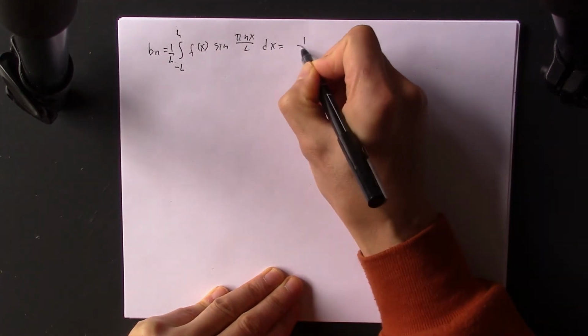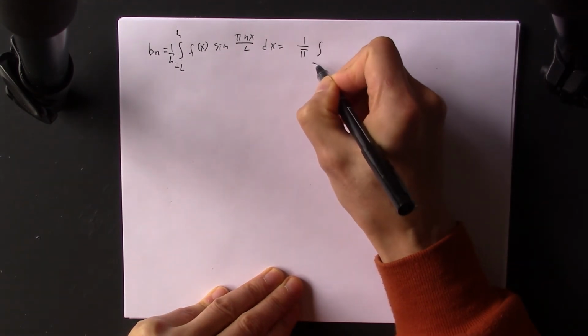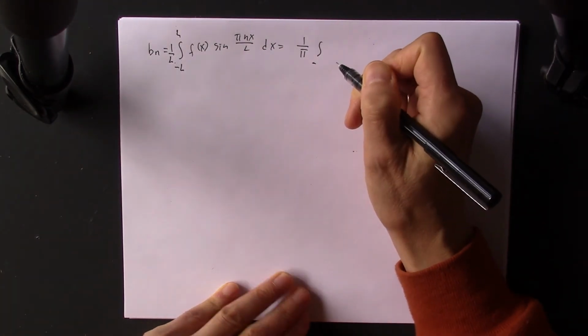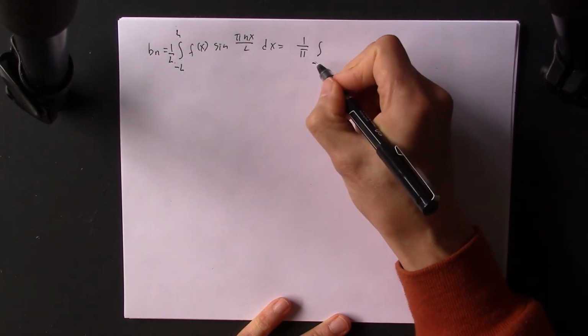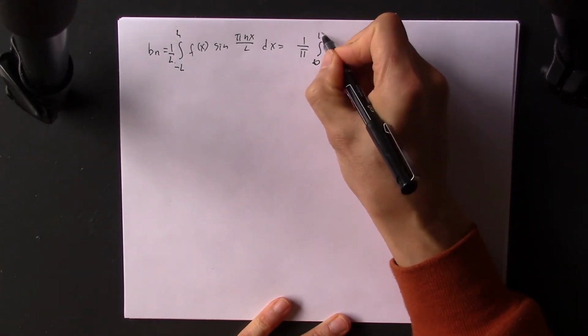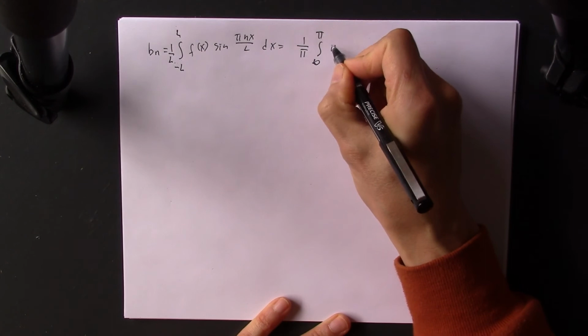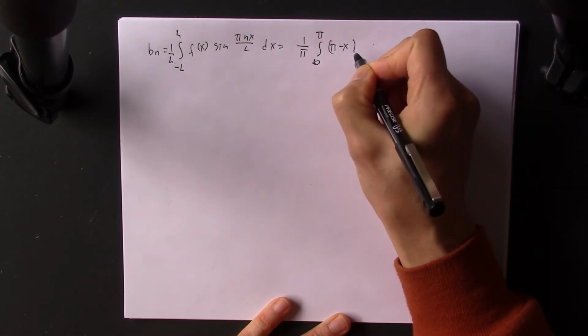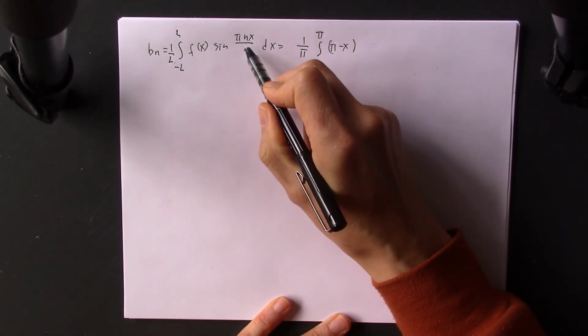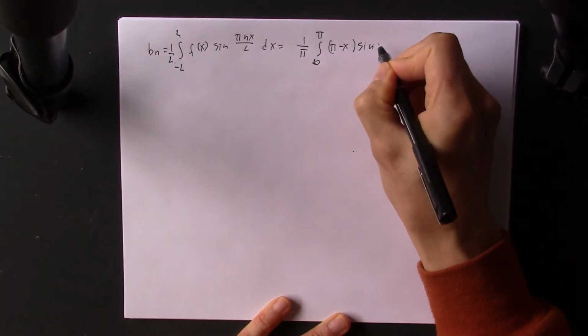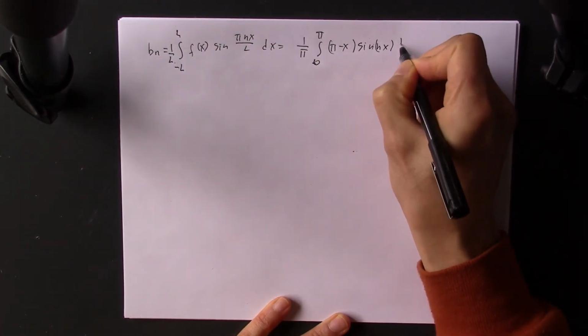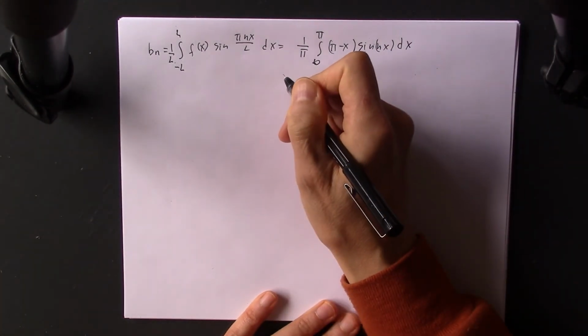So it's going to be equal to 1 over pi integral, because the function equals 0 on the interval where x is less than 0, so we're going to calculate the integral from 0 to pi. The function equals pi minus x when x is positive. L equals pi, so pi will be cancelled out. Sine of nx dx, and we'll do this